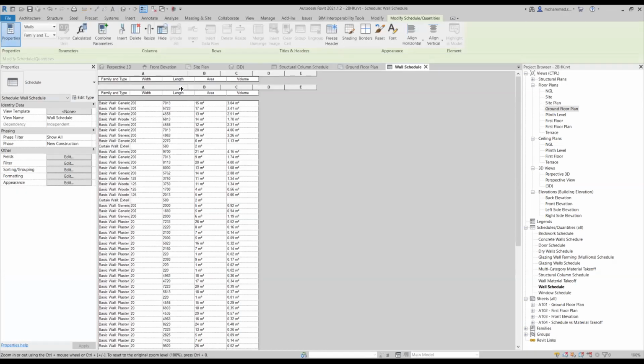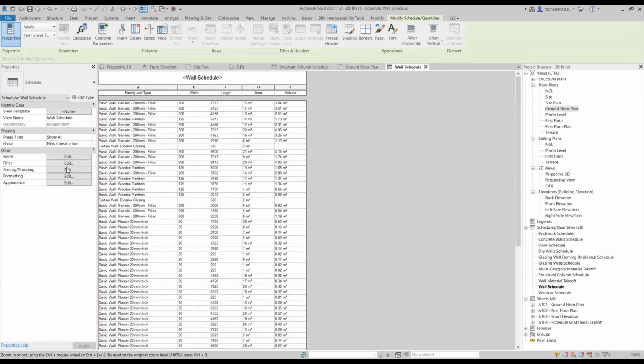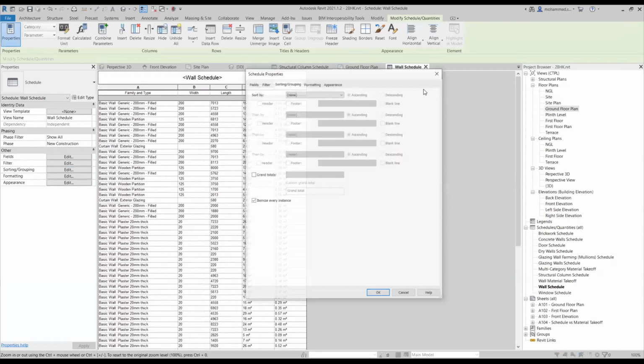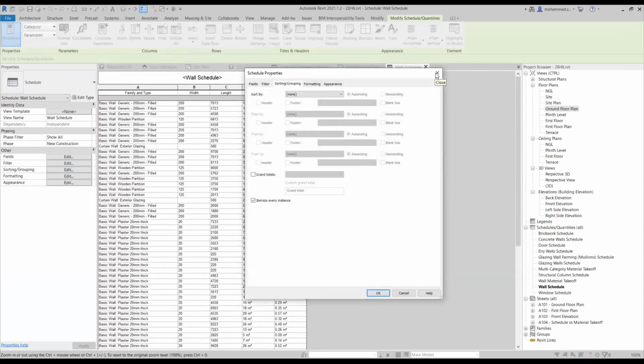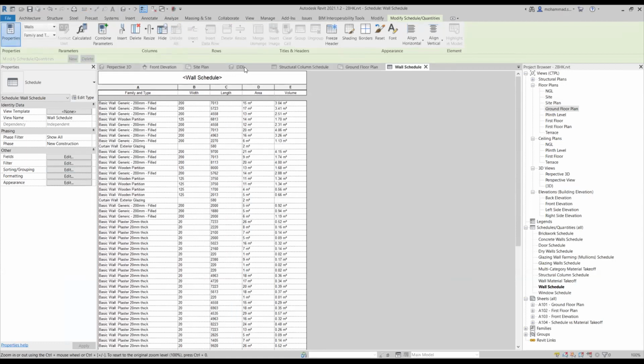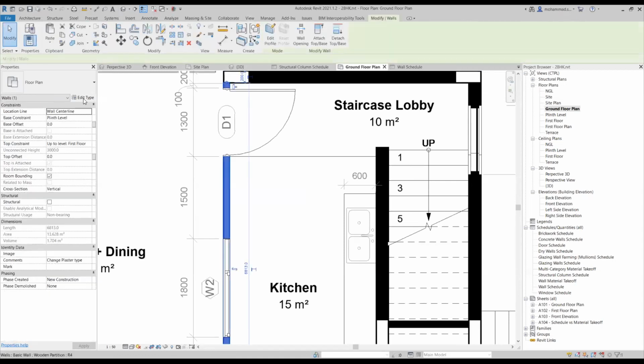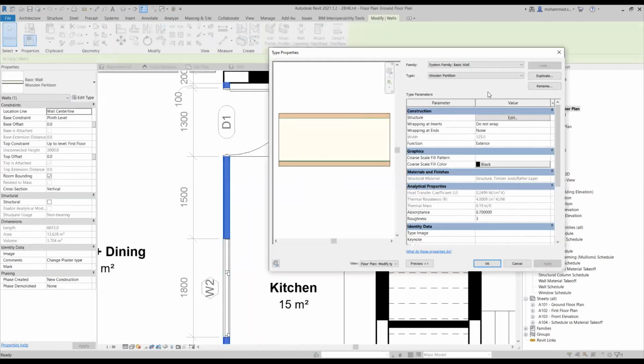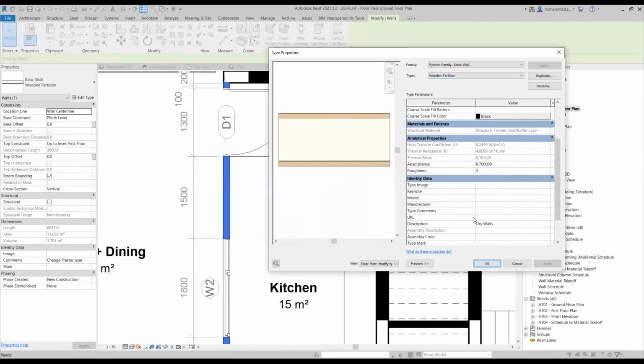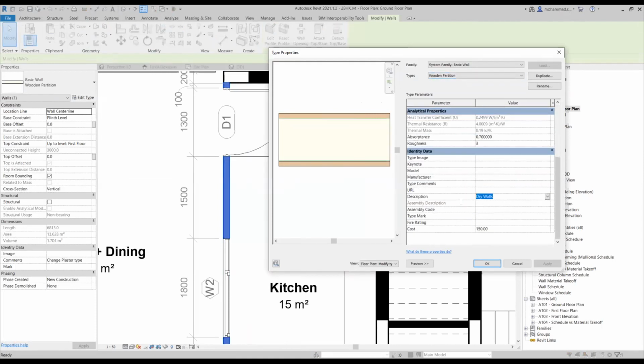And like we have already discussed about sorting and grouping, I'll go for sorting grouping in this case. And I just need to check my drywall system. Like if I get back to model view on ground floor, I've already discussed that this wall is actually a wooden partition wall. As you can notice, the name of the wall is wooden partition. So, and it's a drywall category.